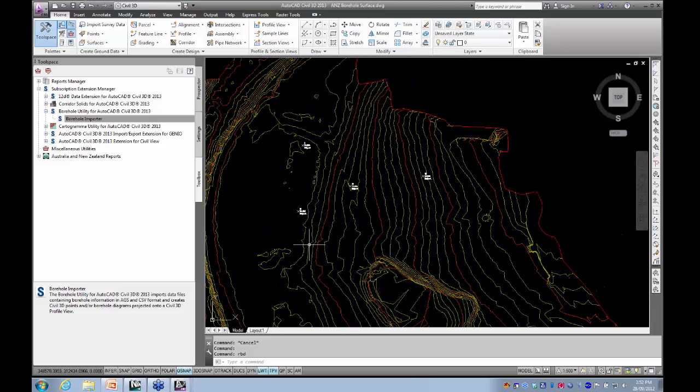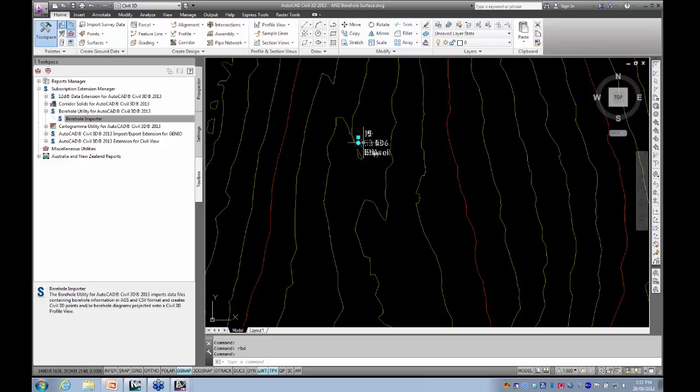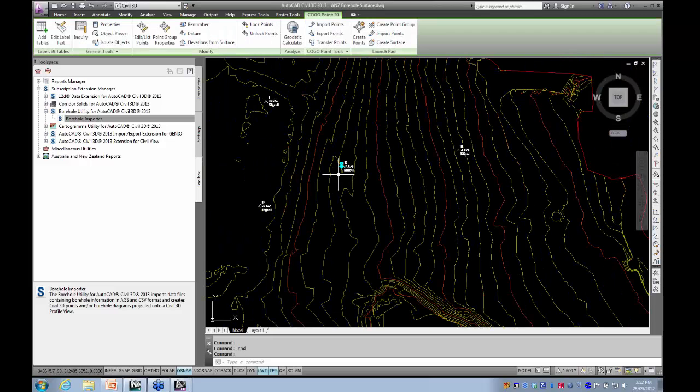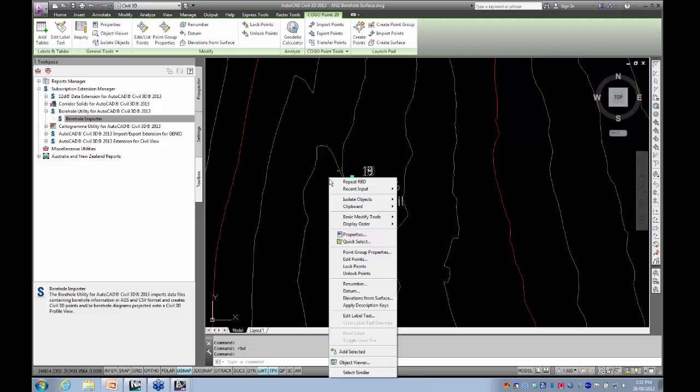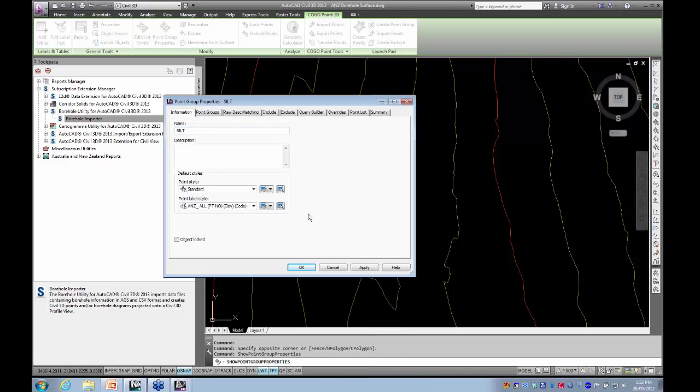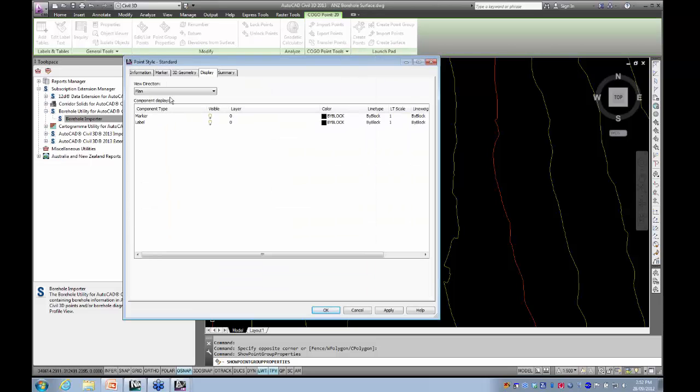And what it's done, it's made some Civil3D points in here. Now it's just using the standard style to begin with. You can change that. Let me go and change this standard style first, and we can have a look at what it's actually done once we've done that. I'm just going to change it so that in the standard style, when we put it in model display, we can actually see the